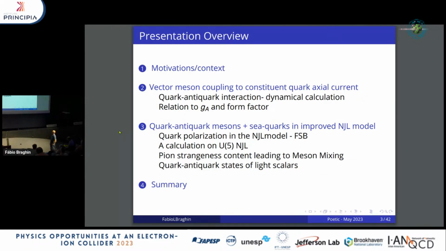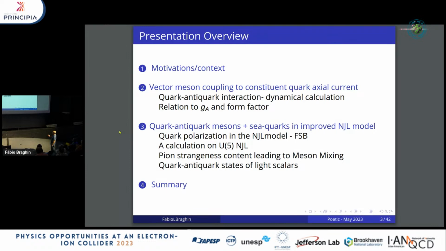I'll give some motivations and the context. Then I'll talk a little bit about a vector meson interaction with the constituent quark axial current, and show the relation to the pion axial coupling and its form factor. In fact,